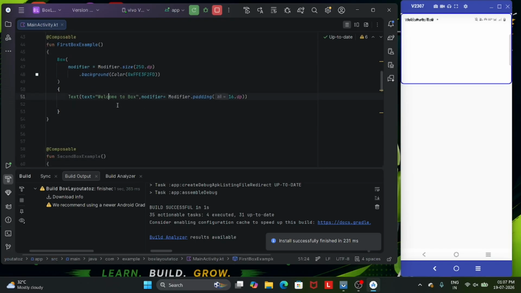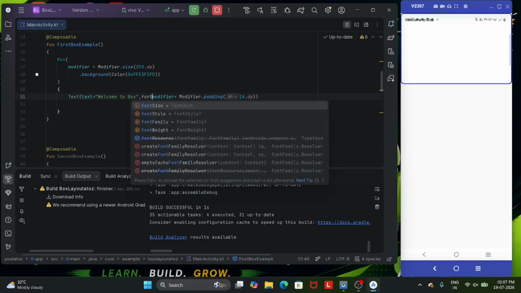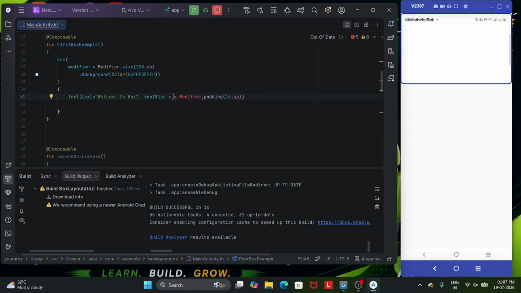So we take the text box, and then Text, welcome to box. Modifier, no need of the modifier is also available. So first of all, let's set the font size. Okay, so font size we took 28